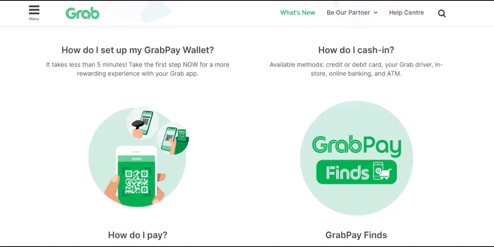With GrabPay Later, you can enjoy greater flexibility and convenience in your daily spending. Remember to use it responsibly and always